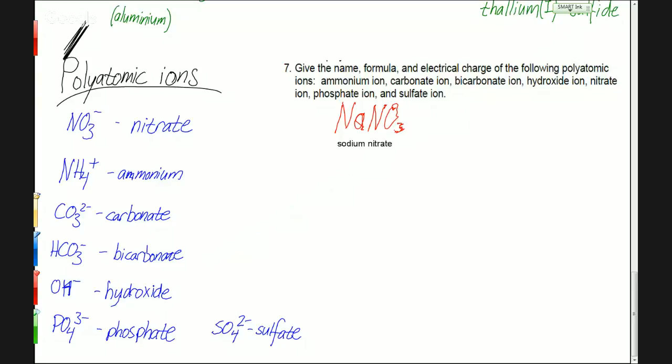Let's try to name some while we have this in front of us, and go backwards and also write some formulas from the names. So let's see if we can name